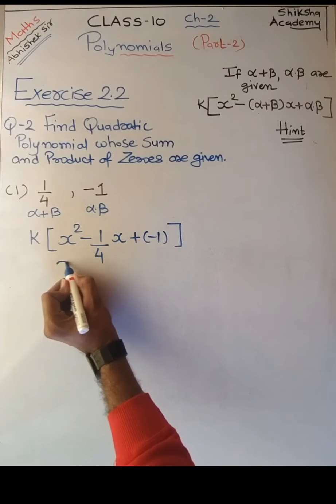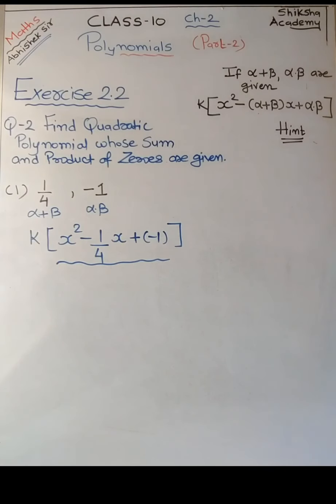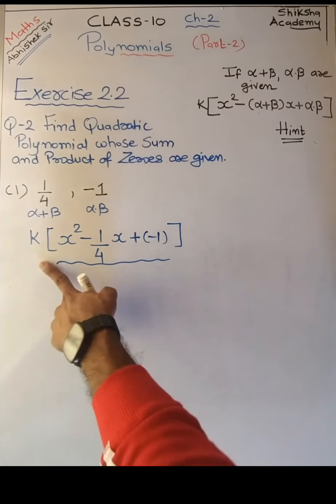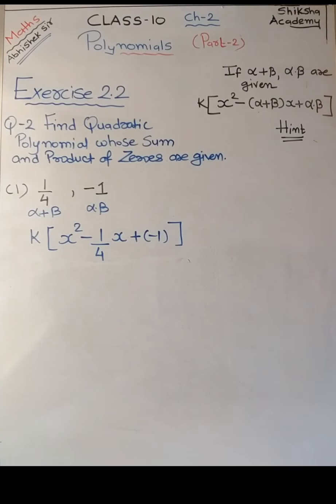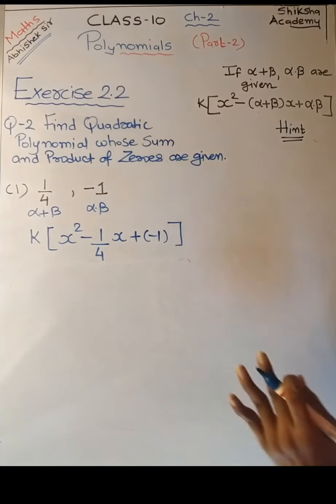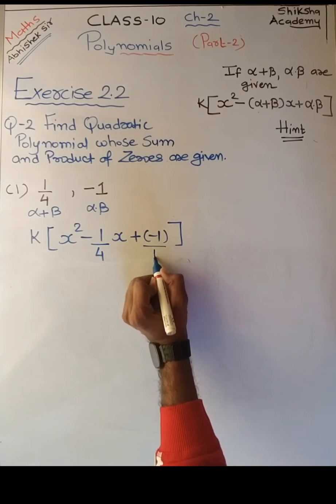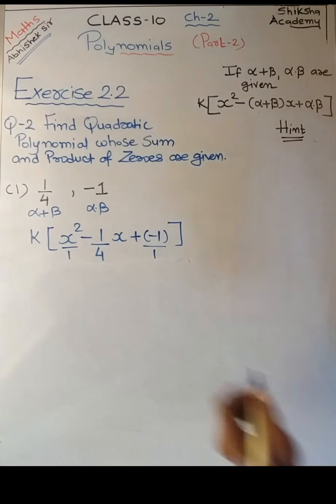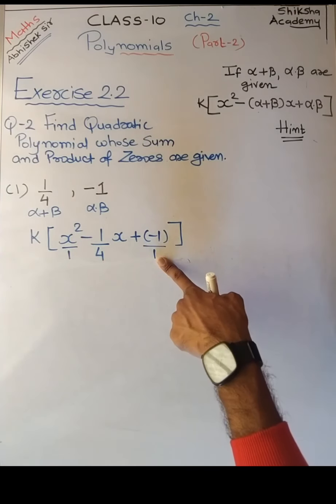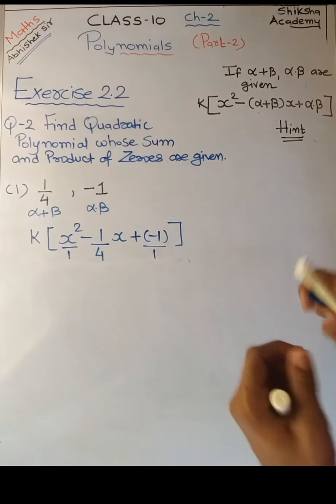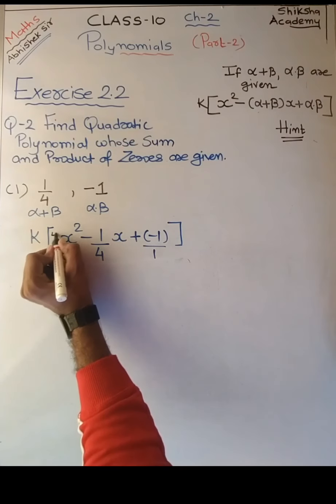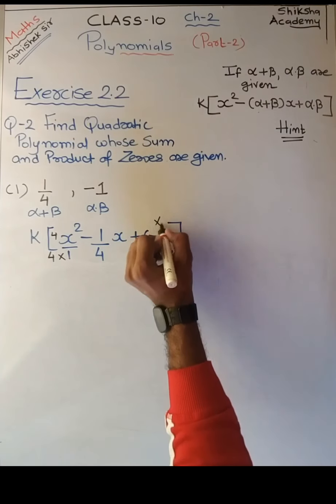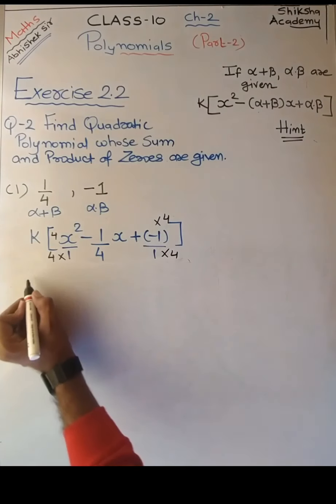So right now you see this is our answer, but this is not in the simpler form. Right now we have 4 in the denominator, right? So what we have to do, we have to convert and take the denominator outside, right? So we will take LCM. Over here it is 1, over here it is 1. So what is the LCM of 1, 4 and 1? It is 4. So multiplying the first and the last term with 4 and 4, we will convert this into a simple polynomial.